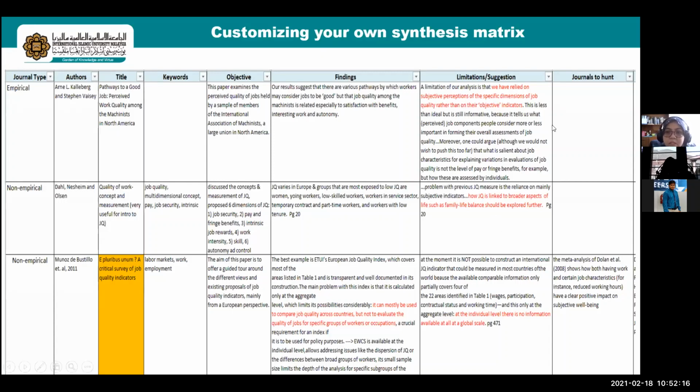So that's why it's very important to have this column, so that you can do snowballing: go and find the source of that paper from the references of that journal, put it here, and then later on go and find it. For example, for theories, and not only that, when it comes to quantitative research, for instance,